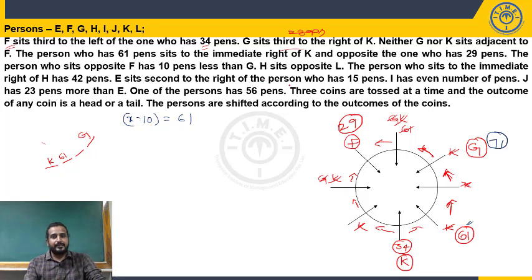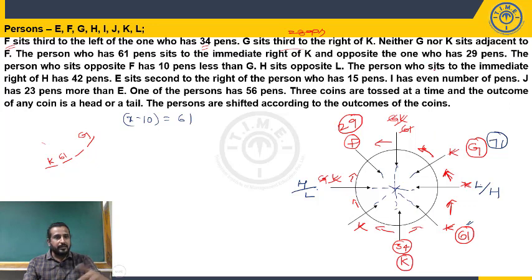Okay. H sits opposite L. Where can I place? H sits opposite L. These two places? No, G is already here. Opposite is nothing but these positions, right? Now in one of the positions we have F, here we have G, here we have K. So definitely we have to take only these two positions for H and L, and it is mentioned H sits opposite L. So H or L, L or H. We don't know who exactly is immediate left of G, right?